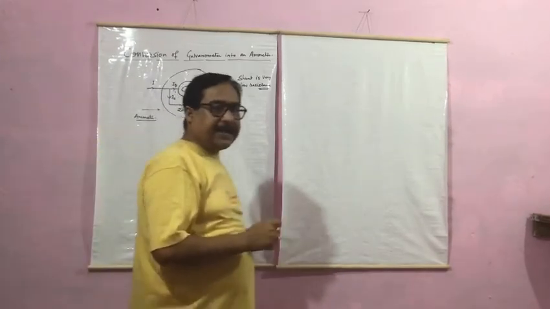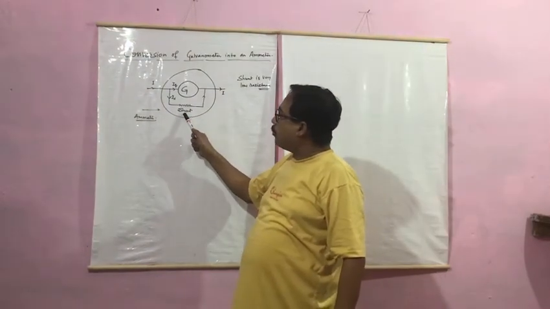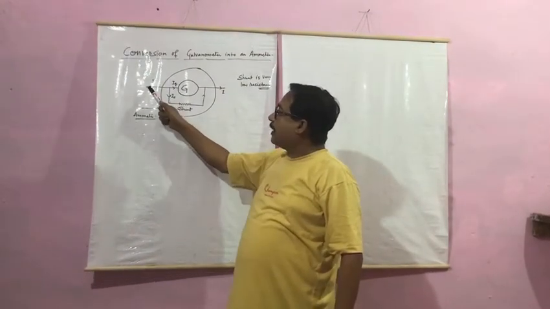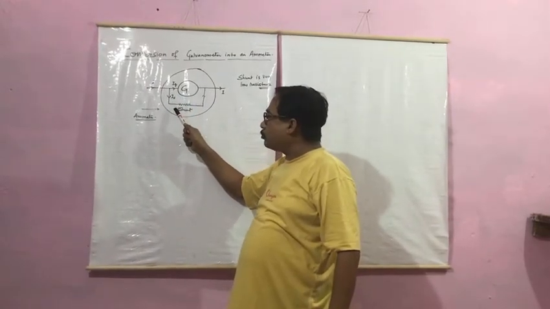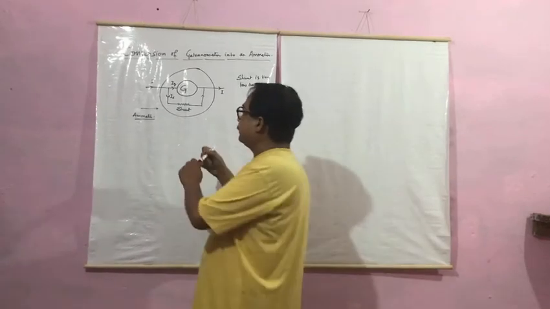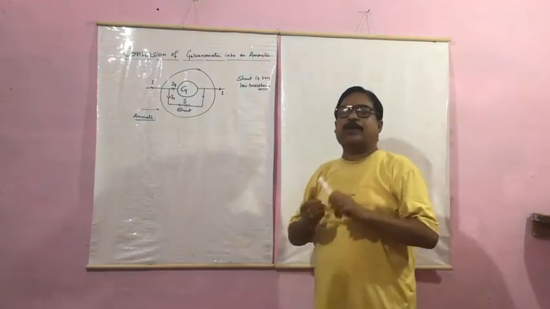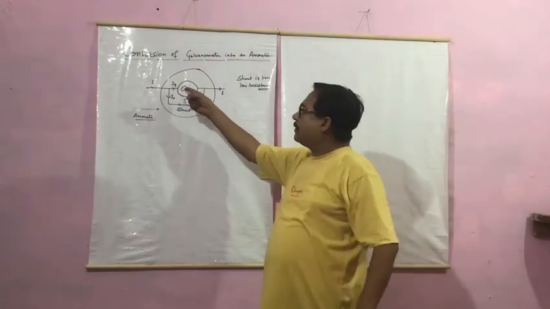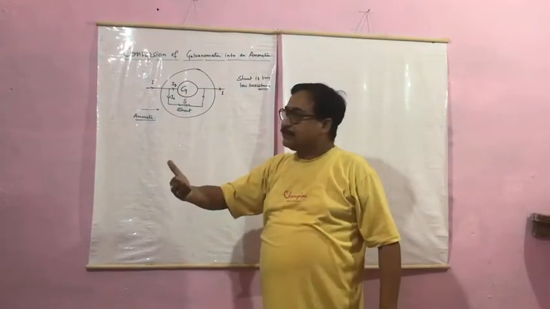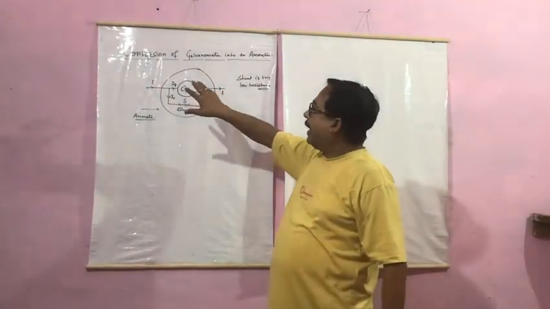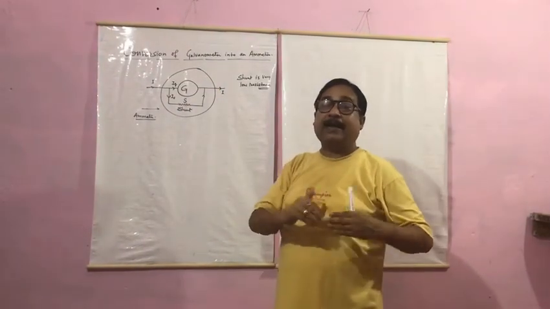The idea behind this arrangement is that by connecting a very small value resistance, when current comes, the maximum amount of current flows through the low resistance shunt S, and a very small amount of current flows through the galvanometer directly. So the current is divided, and the galvanometer, which is sophisticated, is now protected from a high value of current.